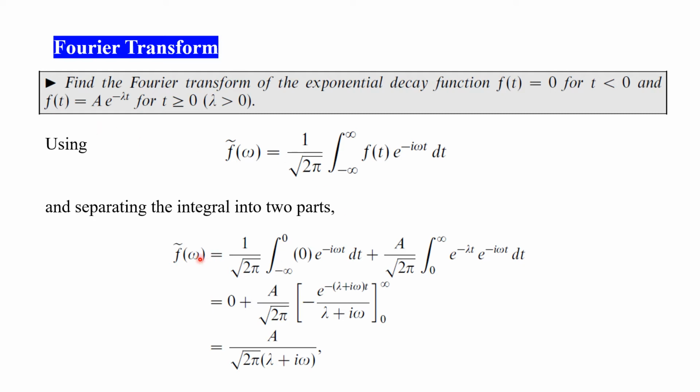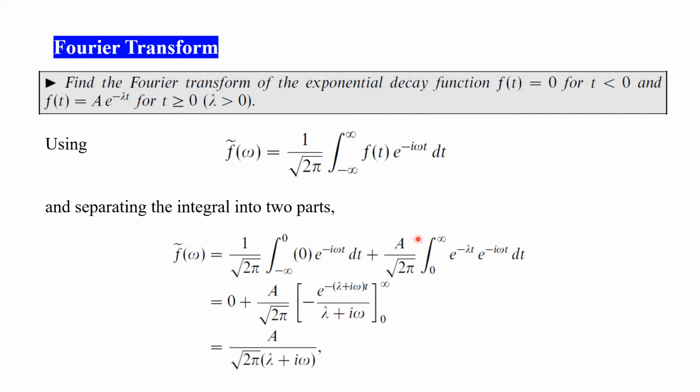So this is your integral here. Your Fourier transform is equal to 1 over the square root of 2 pi times the integral of 0, because again f of t is 0 for t less than 0, times e^(-i omega t) dt,